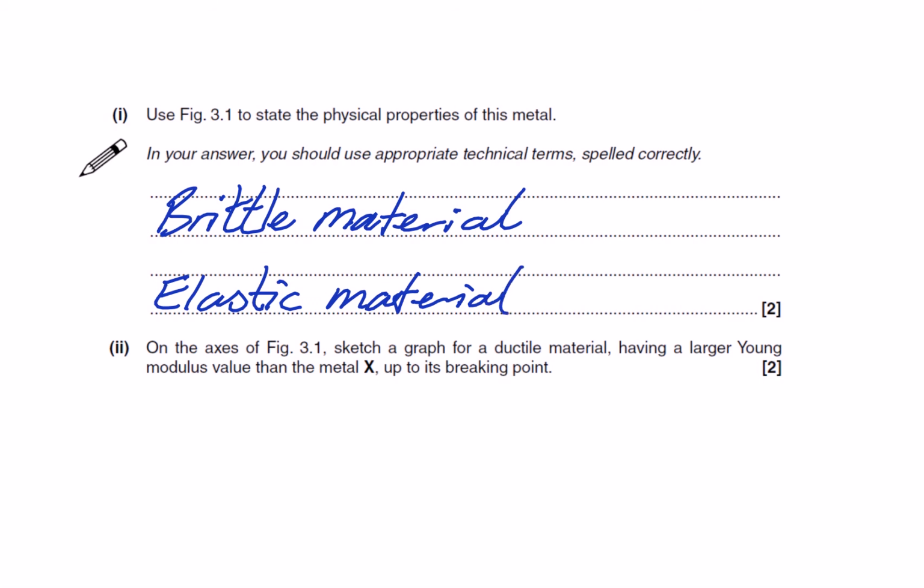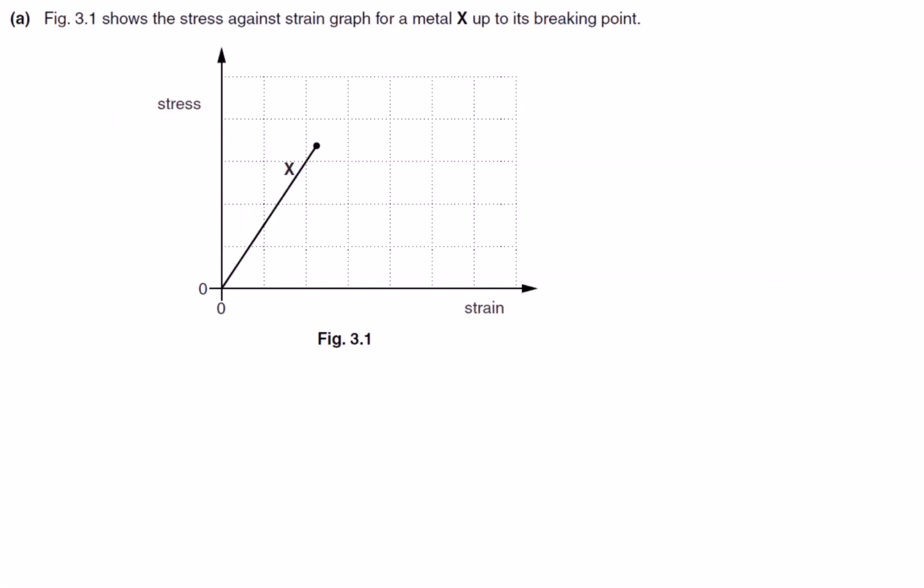Now if we come on to part 2, on the axes we've got to sketch a graph for a ductile material having a larger Young modulus value than the metal X up to its breaking point. So if we come back to the figure, what it's obviously trying to test you here is, do you know what the Young modulus is on a stress strain graph? And that is the gradient of the line. So we're going to have to draw a straight line passing through the origin,